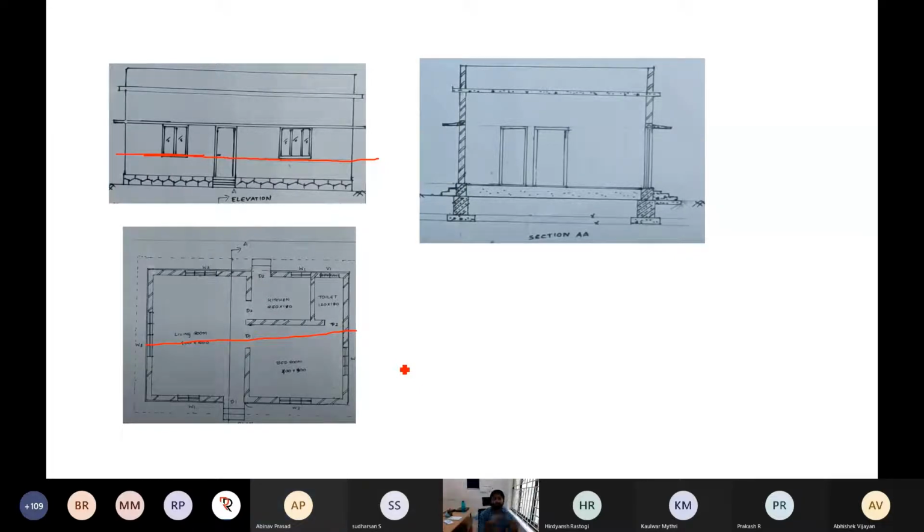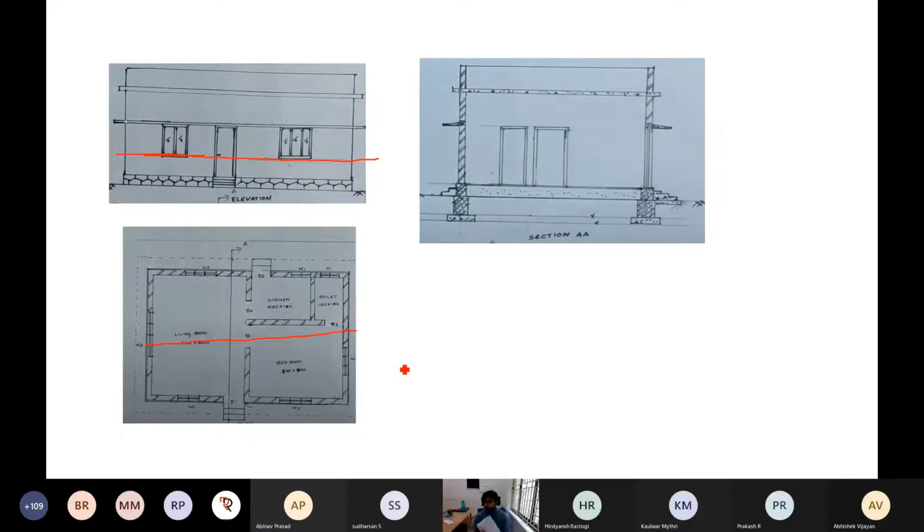Because suppose if you have an A3 sheet, you can increase it, no problem. In an A3 sheet you can make it accordingly, 1 is to 20, 1 is to 30. But if you have some small book like this, that scaling you have to do. That is the significance of scaling actually. I hope you understand the significance of scaling.